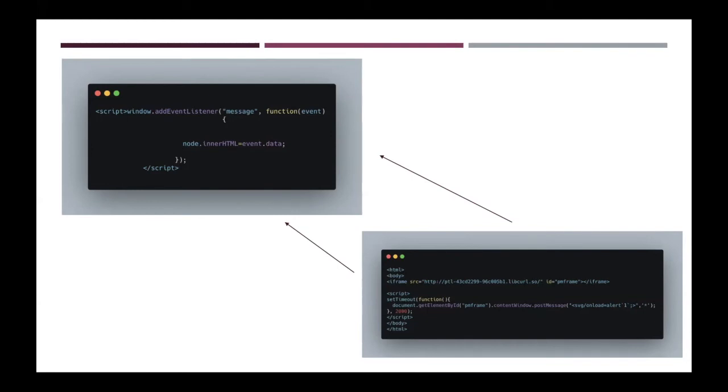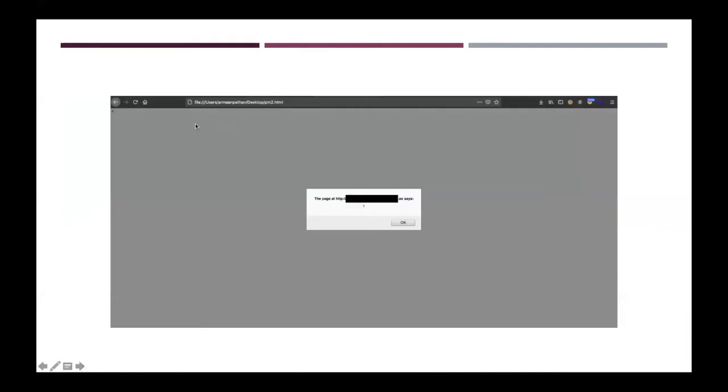Since the event listener is passing the message into the innerHTML function, it will not validate the value, it will directly execute the XSS payload. So let's say an attacker shares a particular crafted HTML page, then it will get the XSS payload into the innerHTML, and it will directly execute the XSS.